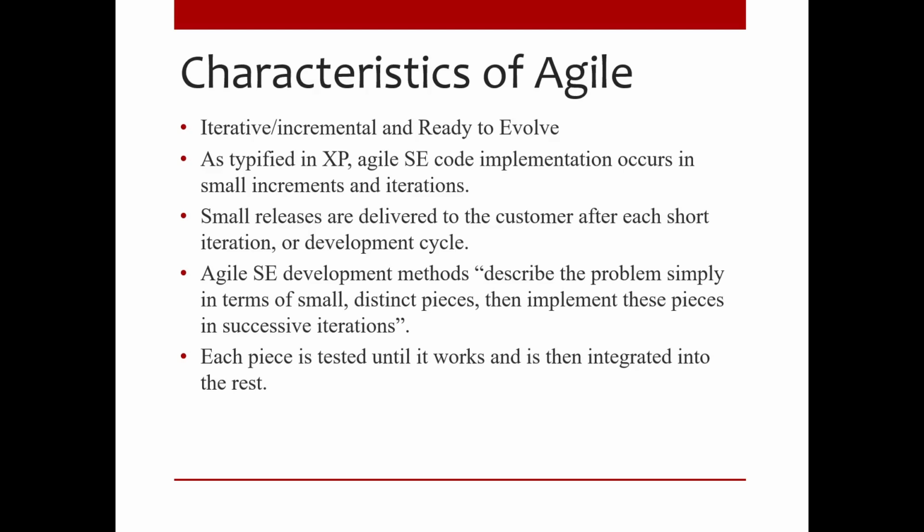Feedback is taken at every step to avoid any kind of issues. It has lesser documentation to be made as compared to traditional software engineering methods. The main principle or the main characteristic of the agile software engineering method is to avoid big design upfront, which is also called BDUF. That means we do not do detailed designing before starting to code.